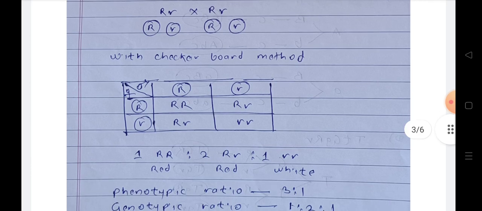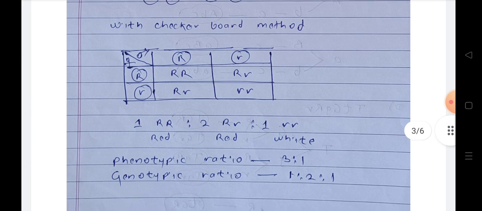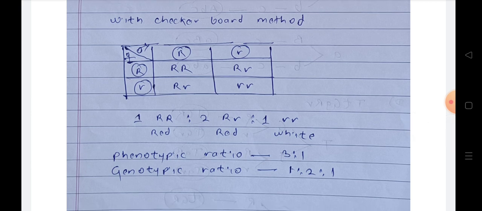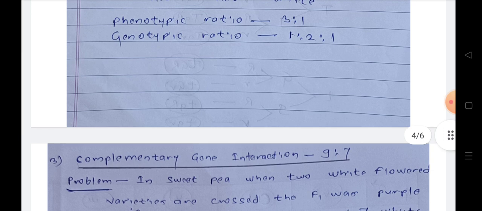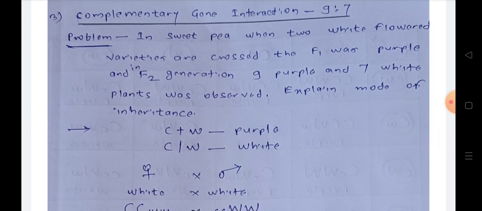Then we do the multiplication, and we can obtain the four genotypes. So which are the four genotypes? First, capital R capital R; second and third, capital R small r; these are the two genotypes; and the last one is small r small r. On the basis of the dominant gene, the first three genotypes in which capital R is present are red, and the last one, recessive, is the white one. So the phenotypic ratio will be 3:1, and the genotypic ratio will be 1:2:1. Such a problem is asked in the case of monohybrid ratio, where we can prove the monohybrid phenotypic ratio 3:1.